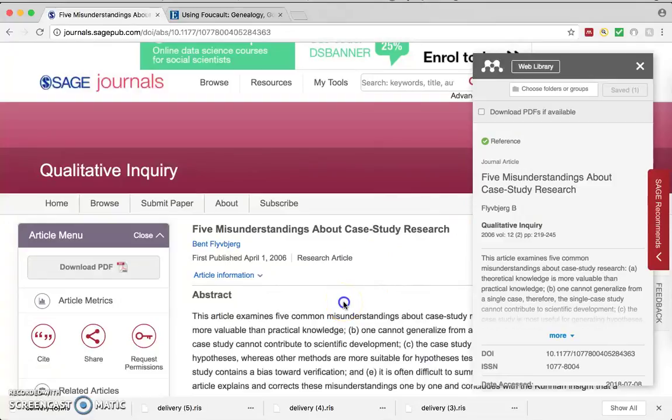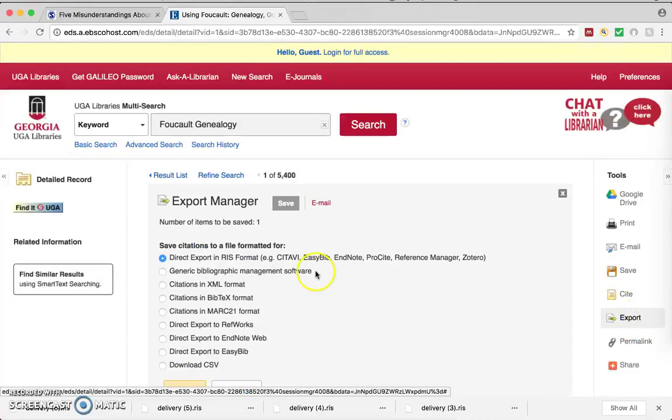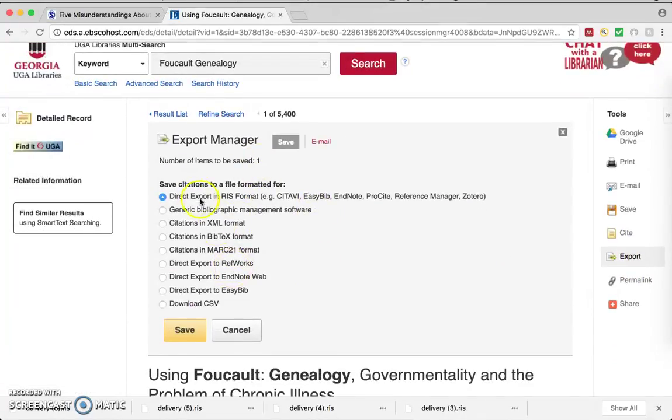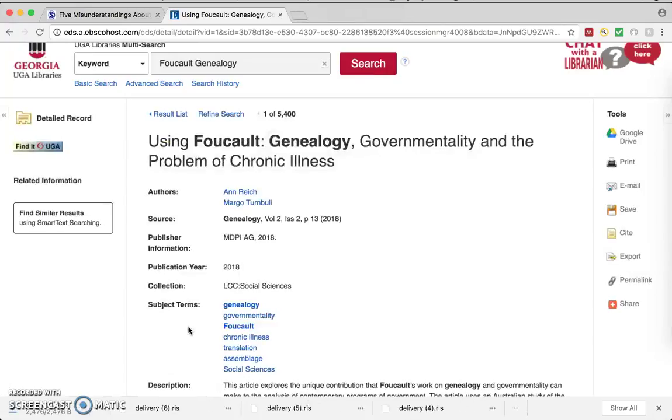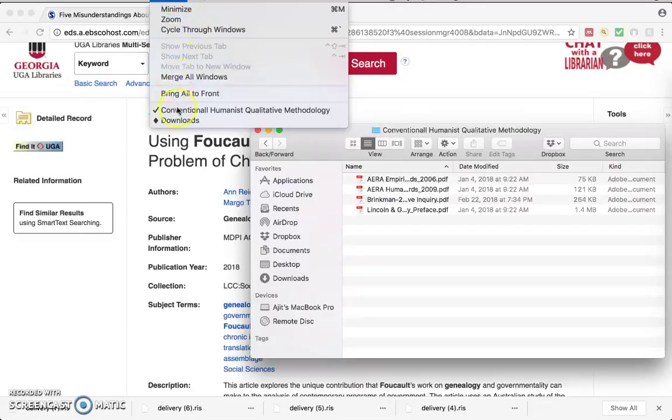Another thing that you can also do is, suppose you're in the UGA library, where I've not logged in yet. You get hold of this particular article and you just want to import the records. There's this button called export in the library's web page. If you just click export, it'll ask you to choose an option. I'm just choosing the first option that's available. When I say save, it's exporting the reference for this particular article to my downloads. So I can go to my download